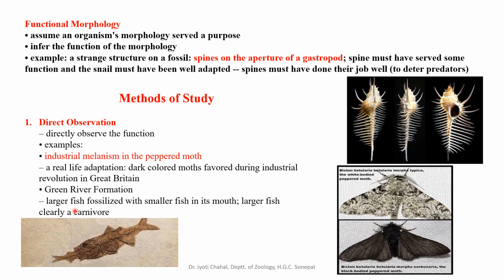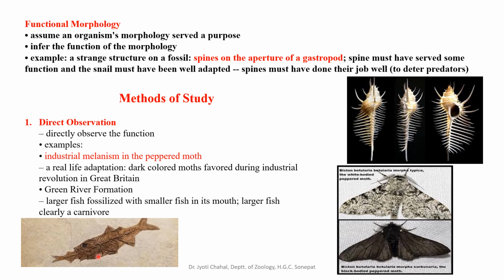Their twigs and leaves fell continuously into the river, and finally they were gathered around the surface. They accumulated on the surface and blocked the oxygen supply, and the organisms that were present in that water body became fossilized. So in that Green River Formation, a fossil was obtained.